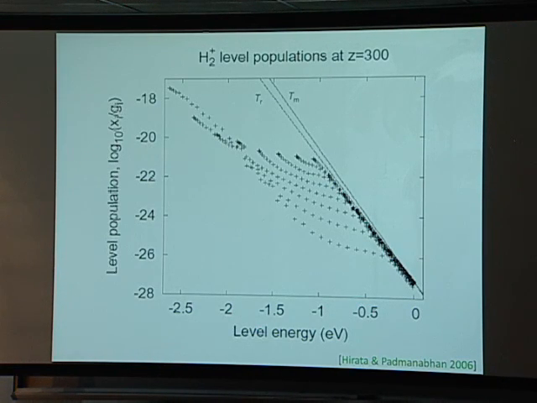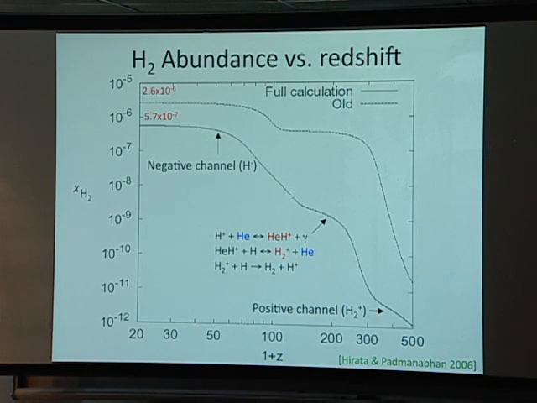There are the level populations. So you can see the thermal equilibrium level populations as a function of the energy of those levels. And you see that what you get is wildly out of equilibrium. This is a generic feature of H2+ in astrophysical environments. And here's the molecular hydrogen abundance calculation that you get out of that as a function of redshift. You can see what kinds of changes are made: orders of magnitude change in the H2 abundance.